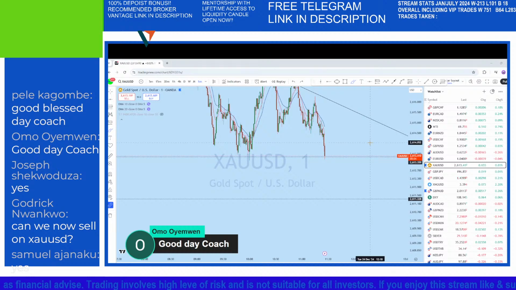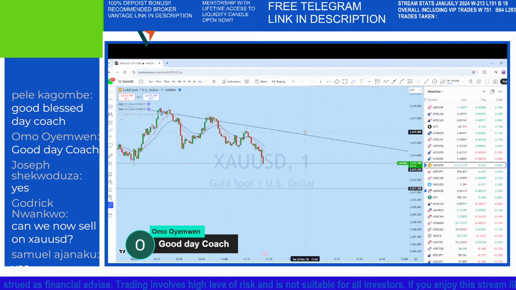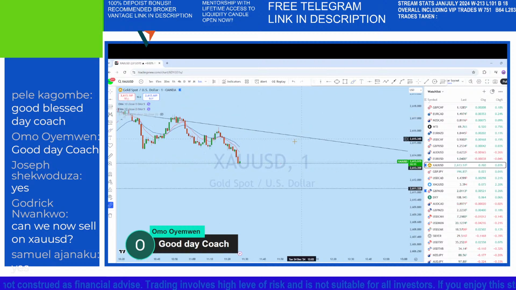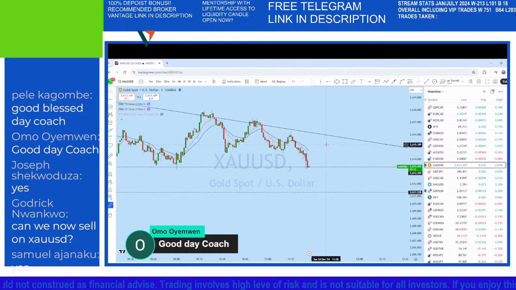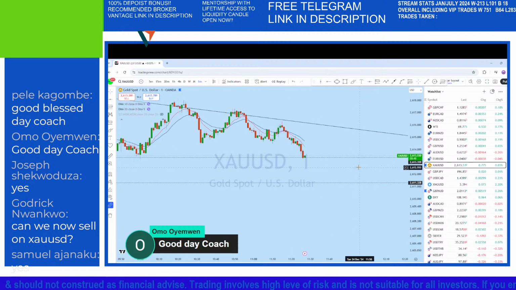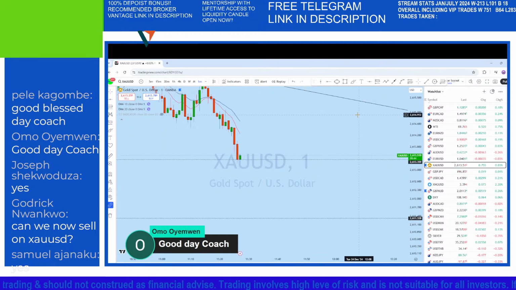So let's see. Now you can see that the market started to melt in that direction on XAUSD from this head and shoulder. So you can see that the market is in a downtrend, and in this downtrend,